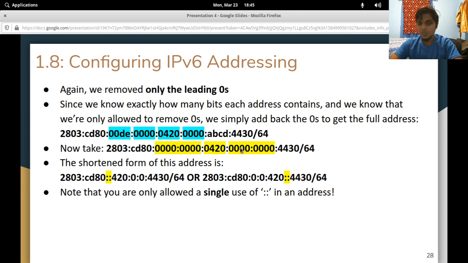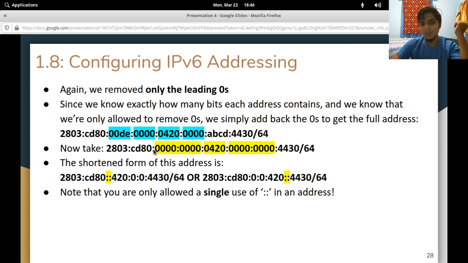So you see these 2 groups of zeros here, you can't remove both of them and put 2 double colons. The problem is, if we put 2 double colons, we don't know how to arrange it in which place. If we have 1 double colon, we know we need 128 bits, therefore we add in the leading zeros, and then we check how many bits we need to add again, and we add as many zeros as we need here. If we had 2, we wouldn't have these leading zeros starting. We would just have this leading zero here, and then we wouldn't know how many to add on this side and how many to add on this side.